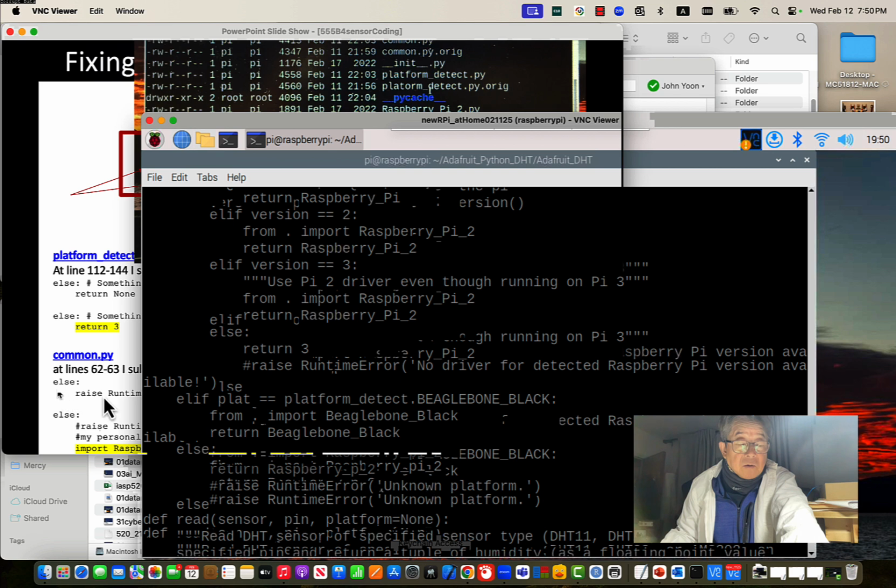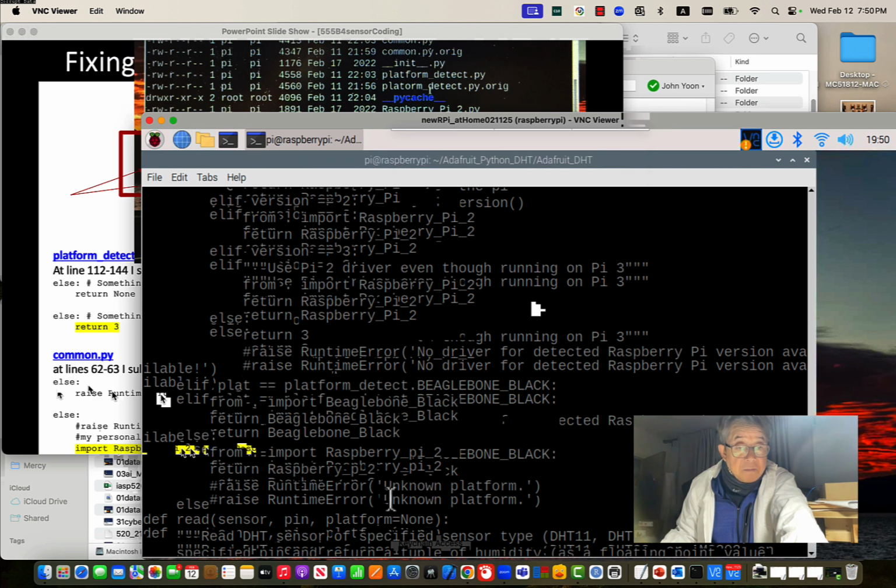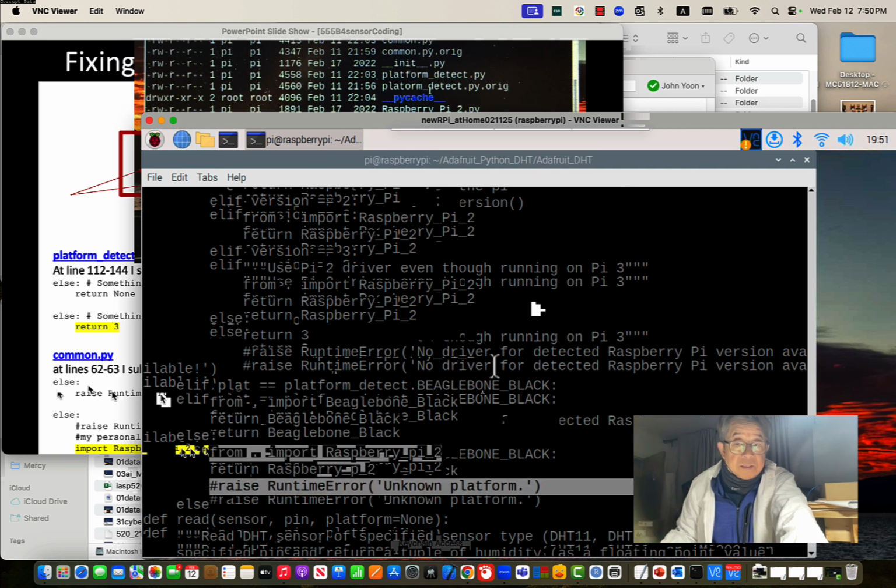This is the original file. So rather than raise those error messages, I want to import the earlier version, Raspberry Pi Model 2, that's what I made here. Rather than raise it, I want to import, and I want to say, hey, I want to return this. So I commented this out, right? Raise runtime errors. Having that, then I can run